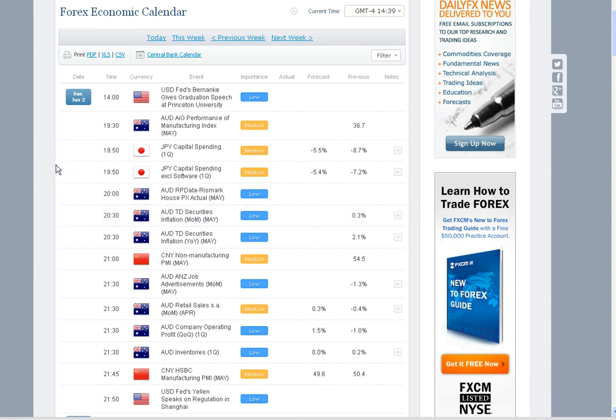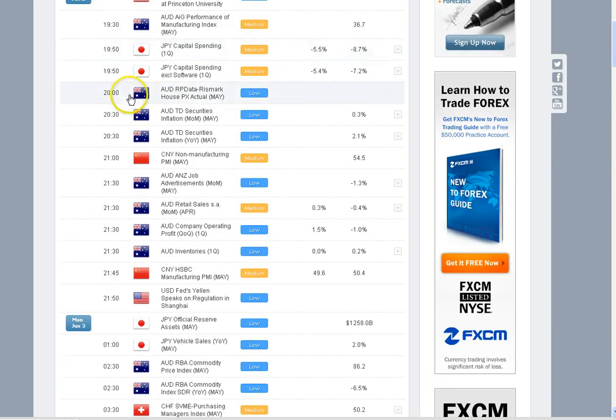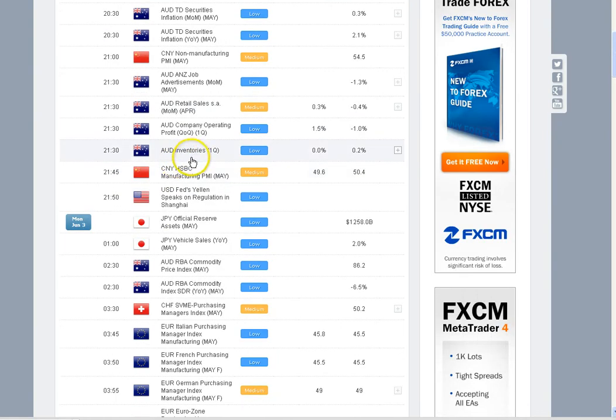So we're going to look at the news events for the upcoming week, and it's going to be Eastern Standard Time, starting off on Sunday. We don't have anything major. We're going to look at the high importance things, so anything red, we'll look at. Here's some medium things and low things, but we're not going to look at all those. You can see them, look at them for yourself, and make sure you know, because they can affect your trade.